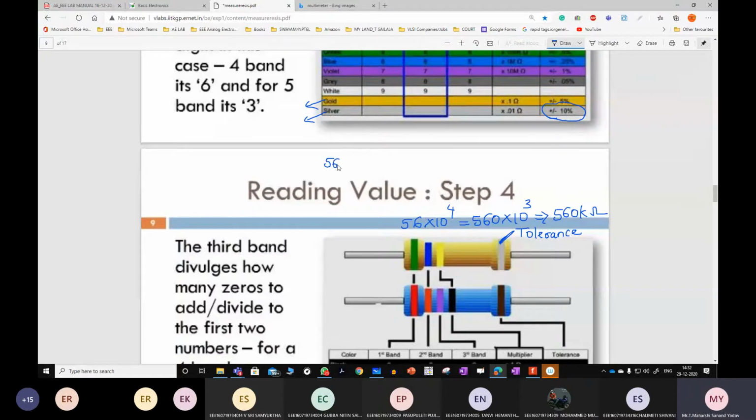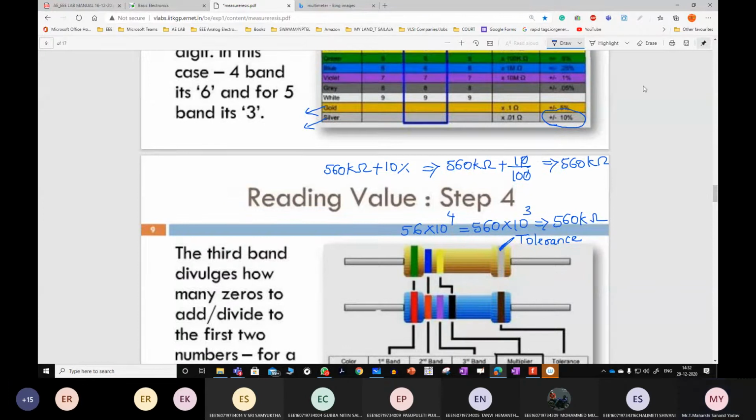Means 560 kilo ohm plus 10%, so 560 kilo ohm plus 10 by 100, that is 0.1. So what does this mean? Tolerance means either the value of resistance will be above 560 or else it may be below 560 by this range.